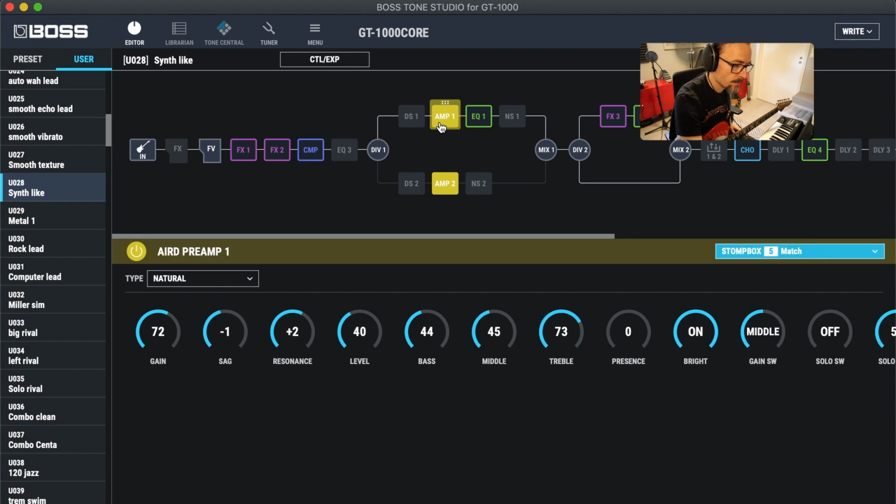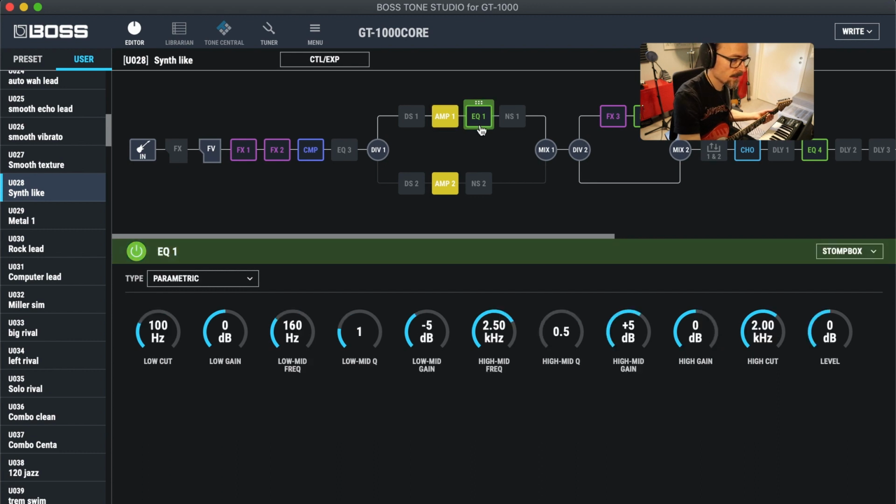And this time I'm using the natural amp. This is set up for 72 in gain, -1 on sag, +2 resonance, level 40, bass 44, middle 45, treble 73, and the bright switch is on. This is moving into an equalizer, and in this one I'm basically just rolling off a little bit of low mid here, 5 dB minus,